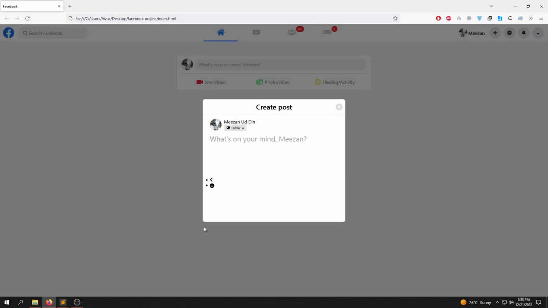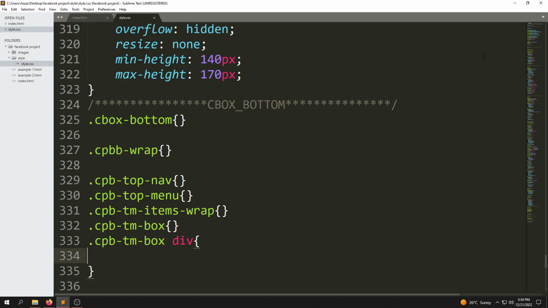In this lecture we are going to align these two items side by side using Flexbox classes. But first we are going to remove these two dots from the unordered list. So by doing so we are going to select all the unordered list inside the CSS